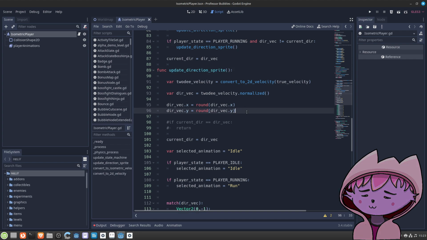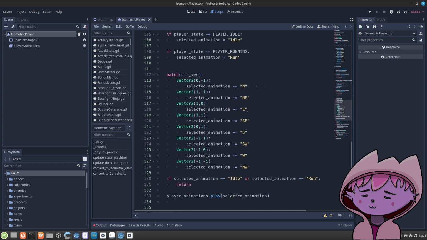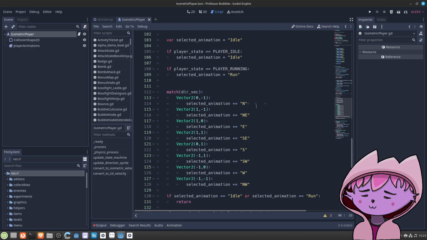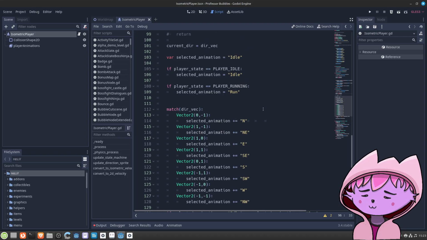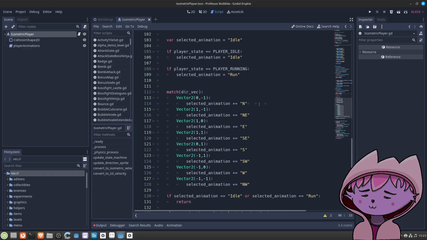And I think I want to use the same naming convention for all the animations as I've used in Professor Bubbles. In Professor Bubbles, I've made animations, there are two animations really for the player, idle and run, and because we are in an isometric setting, everything needs to be in 8 directions.